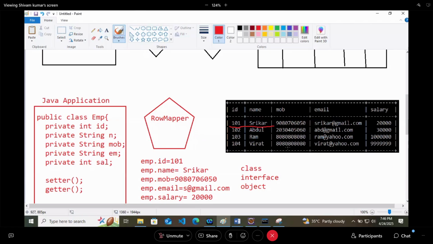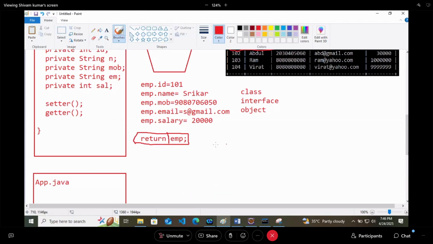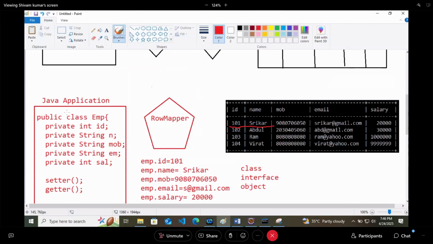Here the loop is already written; it is inbuilt there. This row mapper will take one row at a time and convert each row into an employee and give it to Java. Now it depends on Java what you are doing with the data. You are printing it or whatever.